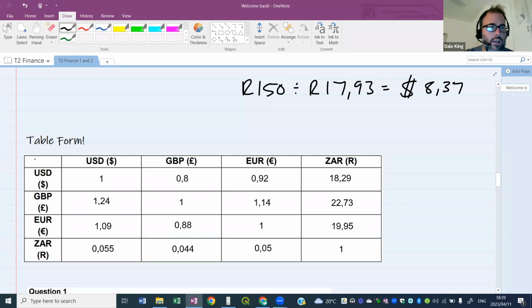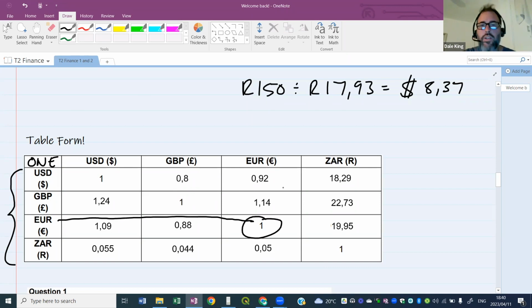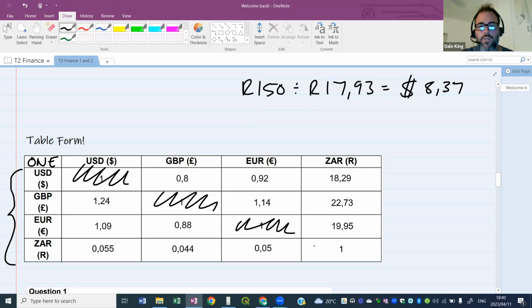So you start on the left. It's one, I'll write here, one of these is to however many of the currencies on the right hand side. You will notice that we've got a one, a one, a one, and a one going down. That's because if you look at the euros, and I say 1 euro is how many euros? Well, 1 euro is 1 euro. That's why there's a one there. You can ignore these ones. We're not going to use them. We're going to use everything else.